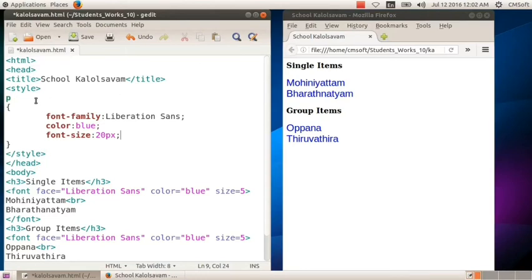Here we use a special tag style for giving the style for the tag. In this page we use more tags. We also represent it like this. Okay. First we save the page.